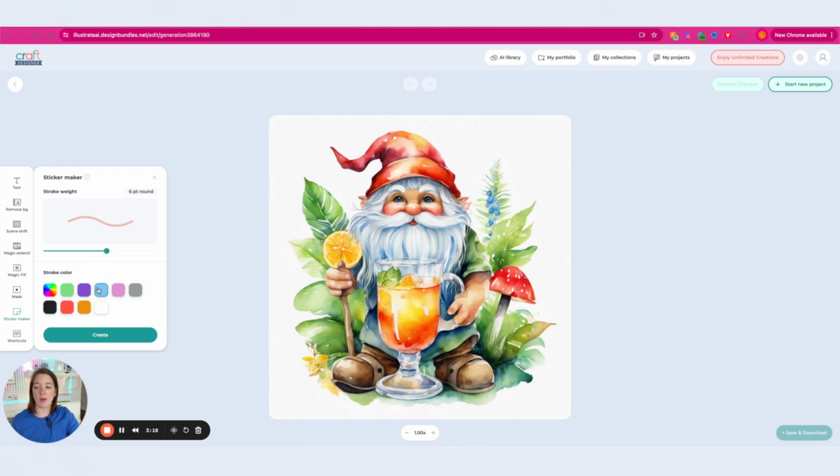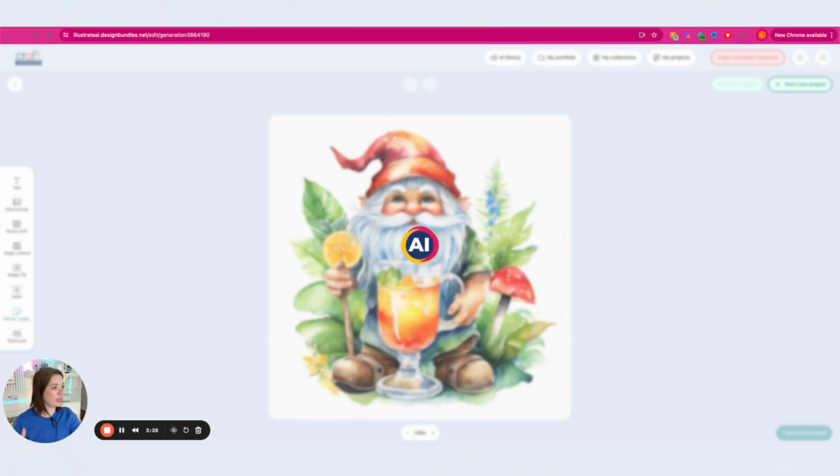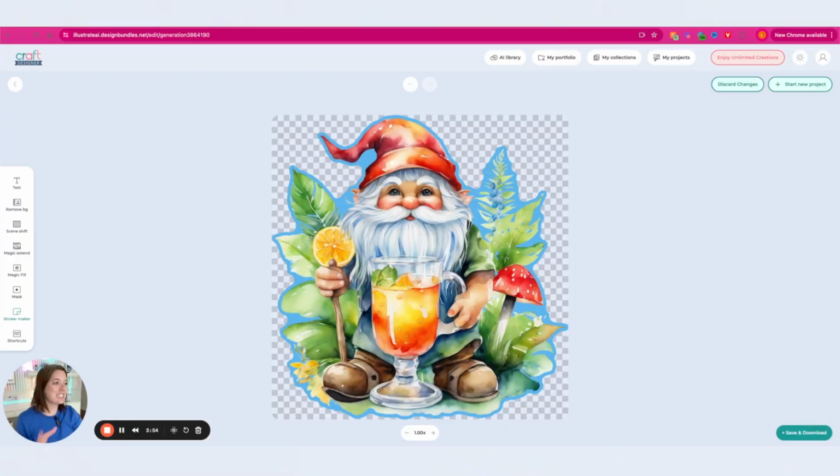So maybe I decide I want it to be blue. You can also use the more advanced color selector here to get exactly the color that you're looking for. And then when you hit create, it's gonna outline your sticker into something that is much more usable as a sticker file to sell. So there you can see it's made my sticker background in the blue color I selected,